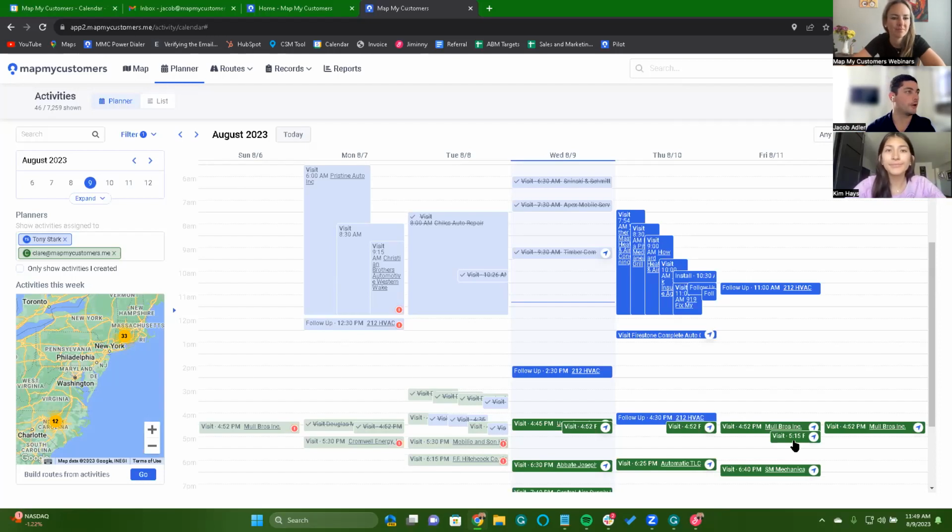Let me pause there for a quick second. Is there anything that anybody wants to cover in terms of the general interface of the desktop experience of the planner? I'm going to make sure that I just add there, like Jacob mentioned, there was a change here